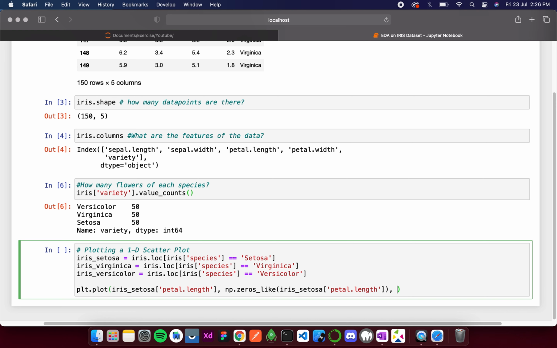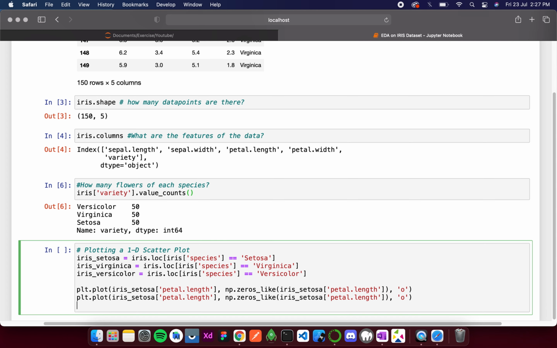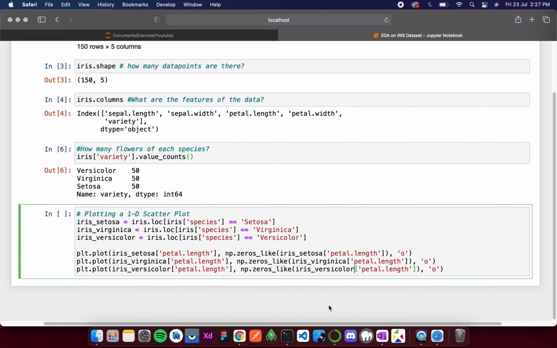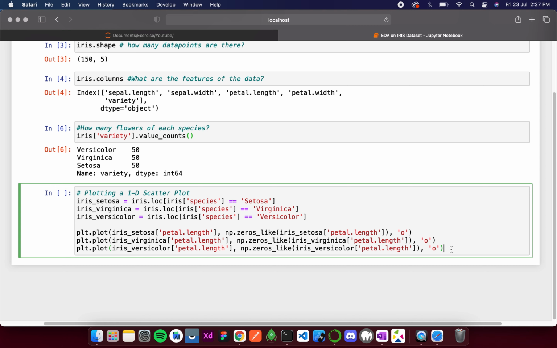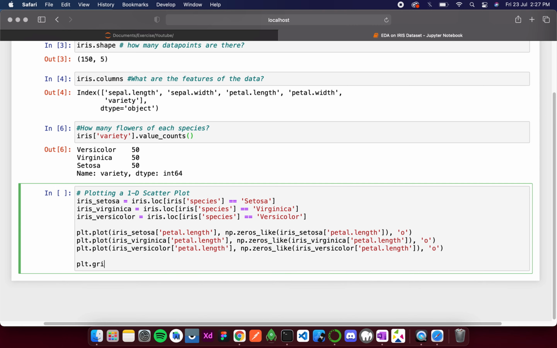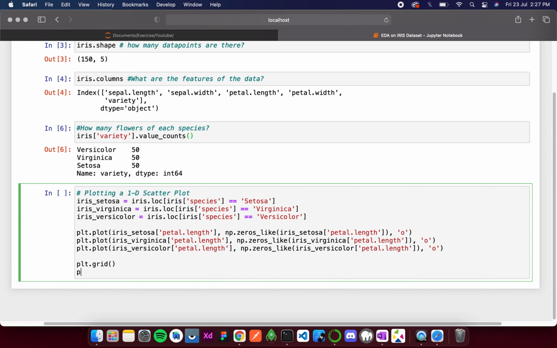Then over here we write O. Now similarly I'll do it for versicolor and virginica, so I'll simply copy this, virginica, then we have versicolor. After that I write plt dot grid, plt dot show.